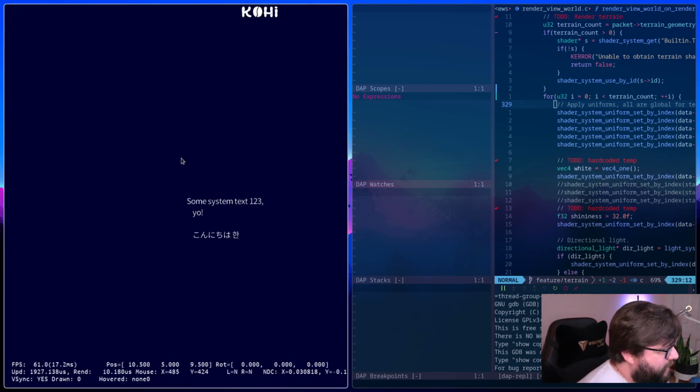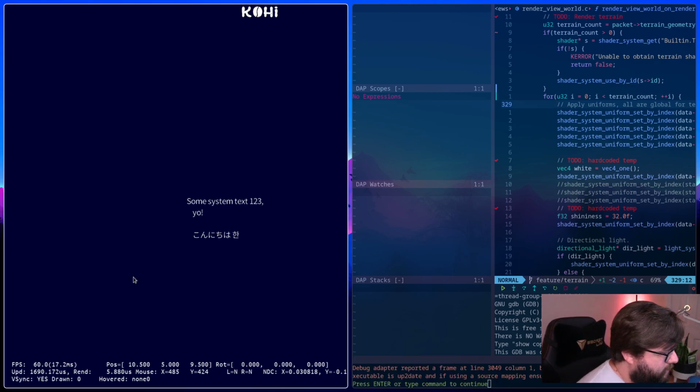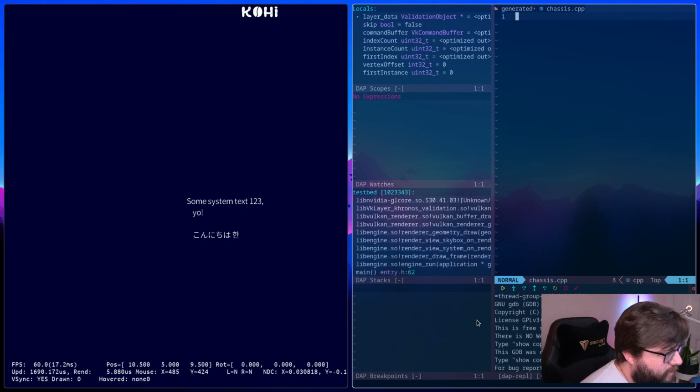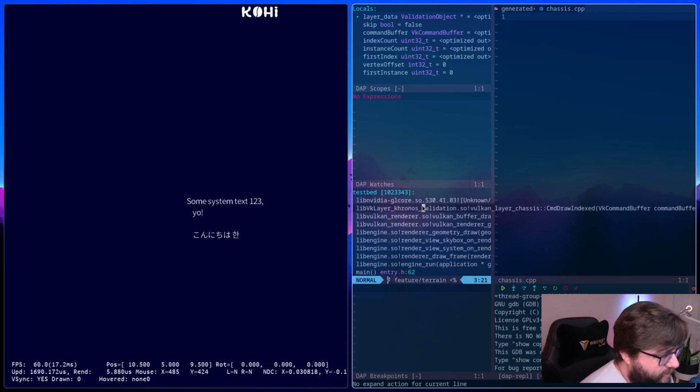And we will go ahead and load up a terrain. And it looks like we've got some sort of issue going on here. So let's see, where are we? Yeah, we've definitely got some errors here.